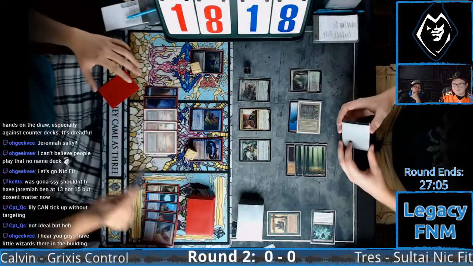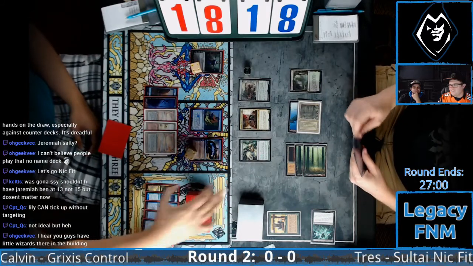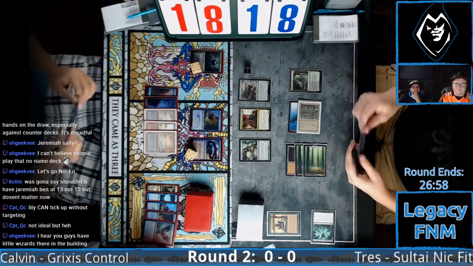Little wizards in the building. Yeah, that's definitely Brian's daughter. Mm-hmm. She'll just run from one end of the room to the other screaming. So...